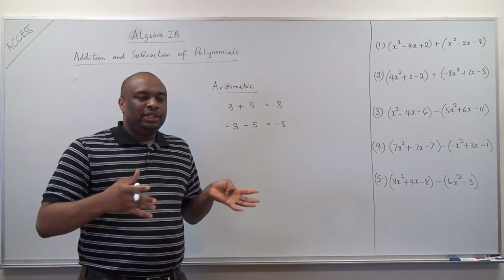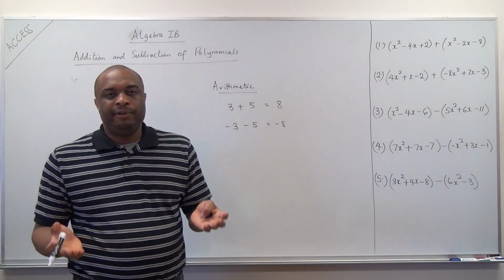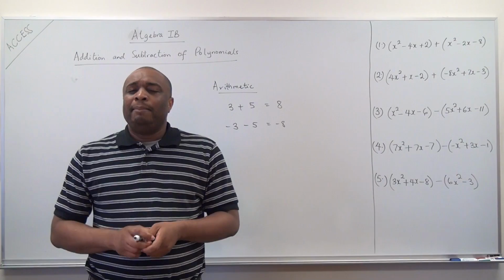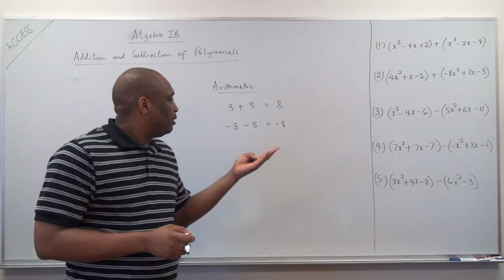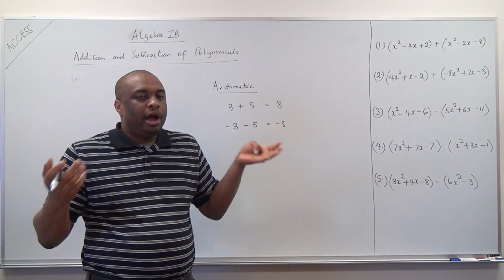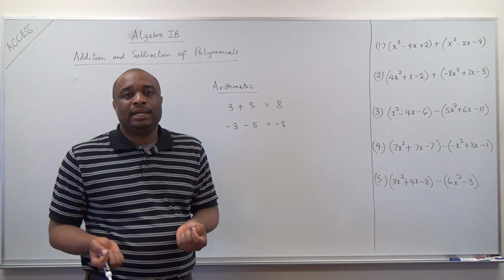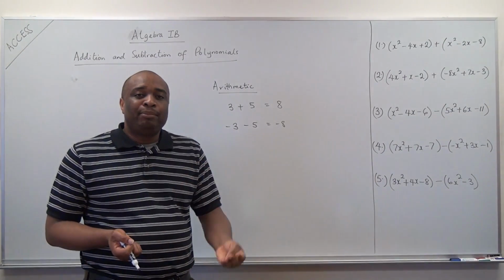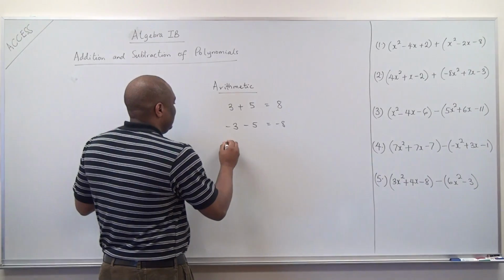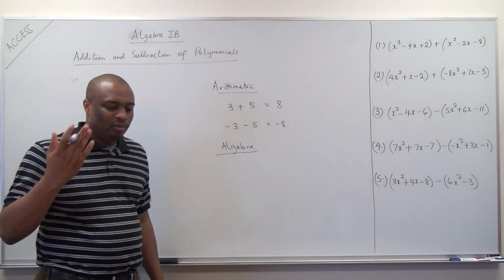then we start introducing alphabets. Those alphabets are what we call variables. But guess what? The way you do arithmetic is still the same way you do algebra. Algebra came from arithmetic. The principles you use in arithmetic are the same principles you use in algebra. Now, when we come to algebra, that is when some people start wondering, okay, what am I going to do